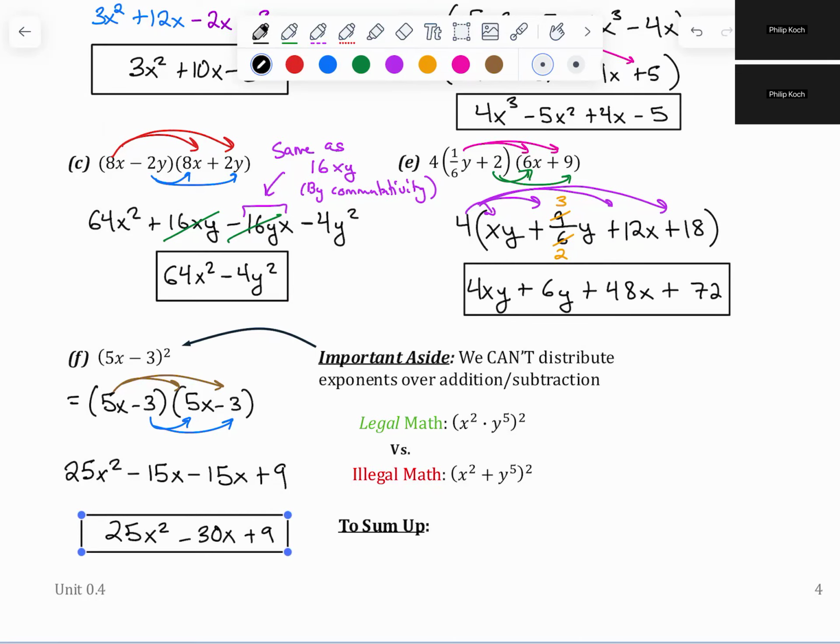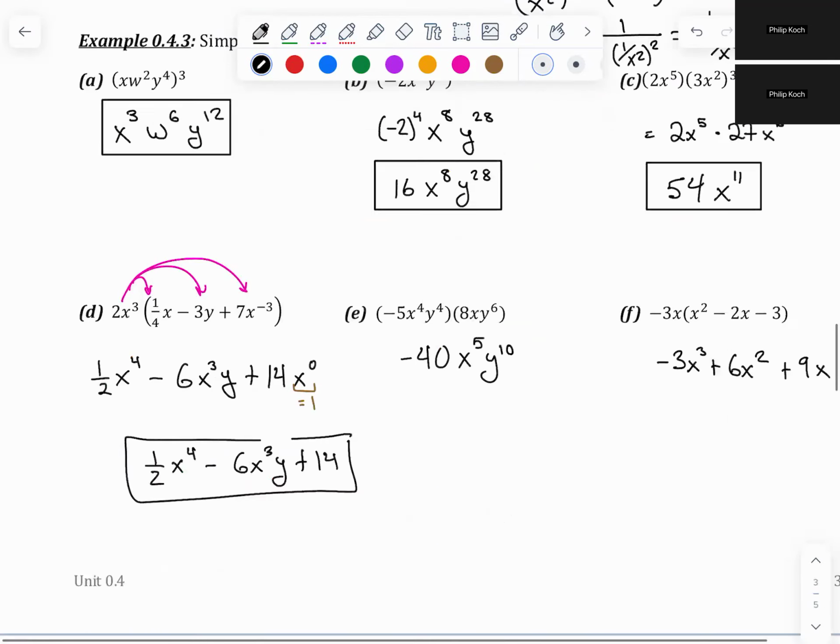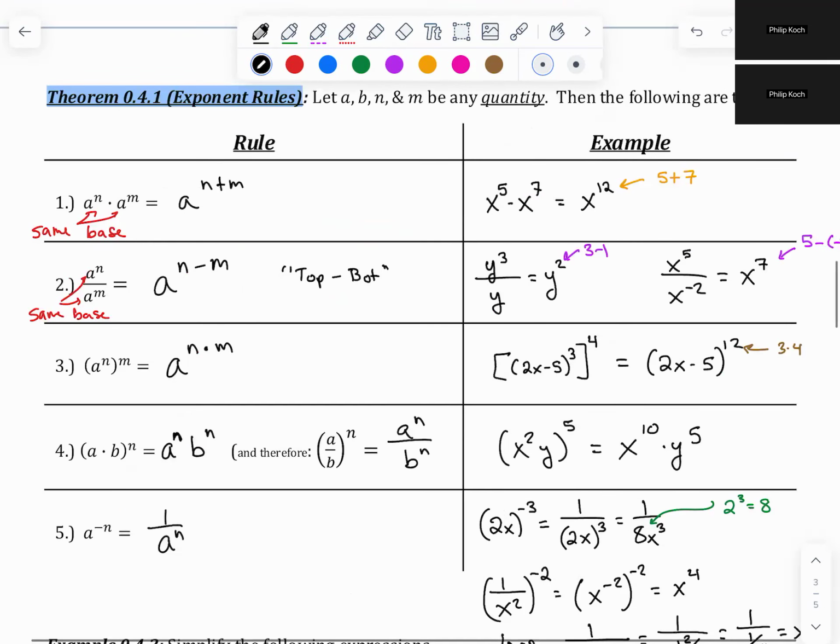We learned way back last week, I know it seems ancient ago, property 4, where if you have multiplication or division and then an exponent, you can distribute the exponent in. But that's because what you're doing is taking multiplication and iterating multiplication, because that's what exponents do. They're a way to write out multiple multiplications. So that's why it can be distributed into the multiplication, because all you're doing there is just a huge string of multiplications. In contrast,